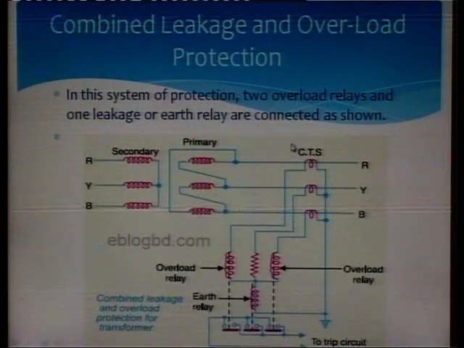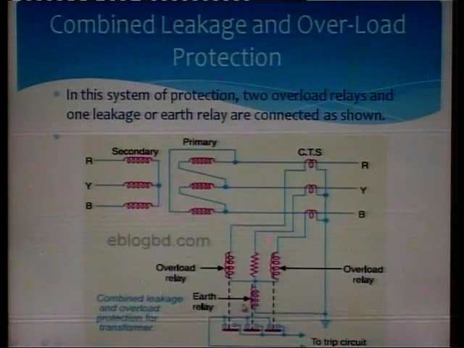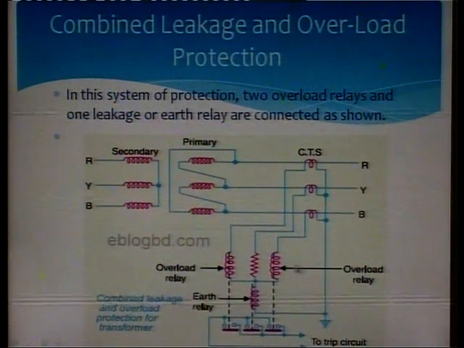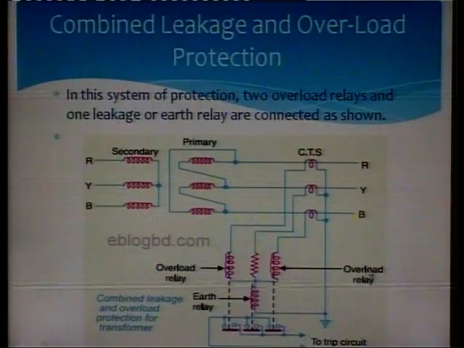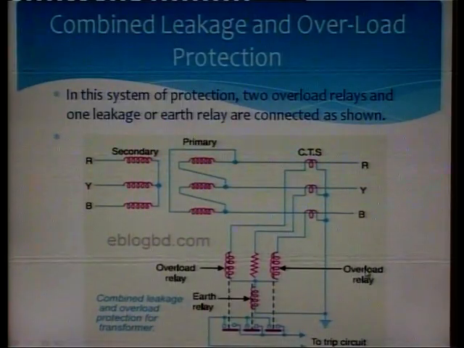So this is a diagram for combined leakage and overload protection. So see here I have used two types of relay. The first is an earth relay, the second is two overload relays. See, now these overload relays will respond for the phase to phase faults and this earth relay will respond for the